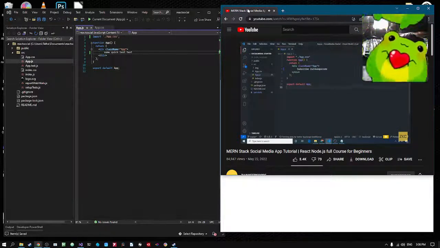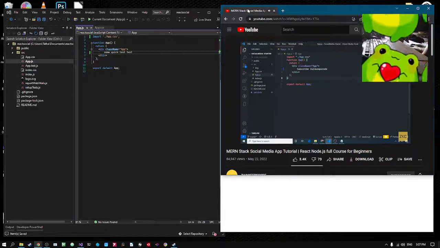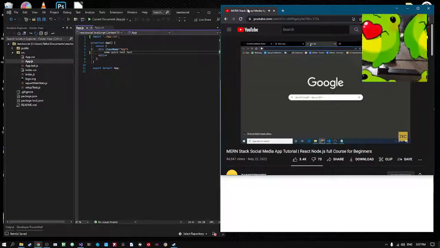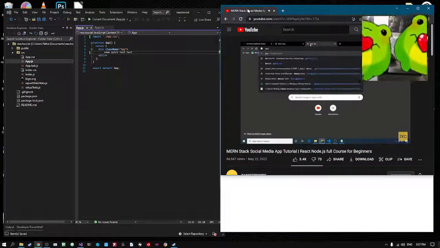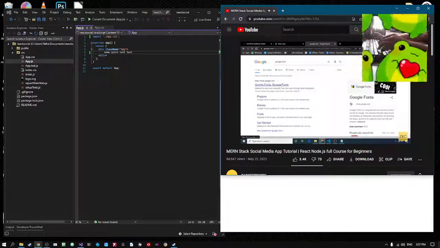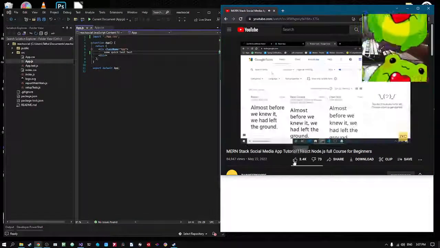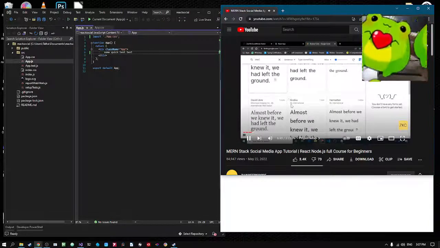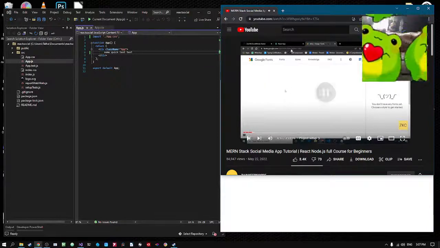Our next step is to install the font that we will use during this project. So to install the font, I will go to the Google Fonts. So just write Google Font, and here inside the Google Fonts, so here I will search a font name as Inter. Okay, so now for the Inter font